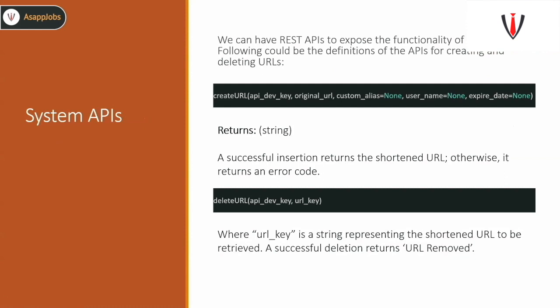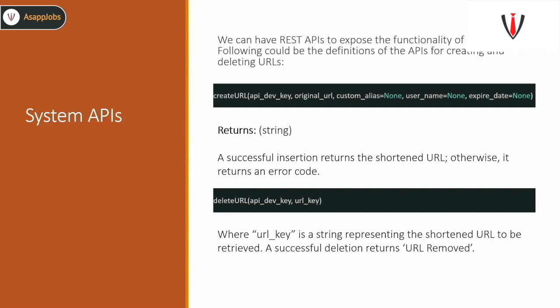The next thing that comes up is, you define the functional requirements, you have defined your estimates, and now you're going to define your API. How is that going to look? Defining an API is pretty straightforward. You can think of it as a function call, in simple terms. Let's say you want to create a URL. We'll have an API dev key, some key to identify that user. Then there will be the original URL that the customer is trying to shorten, and if they have any custom alias that they want, or if there is a username,